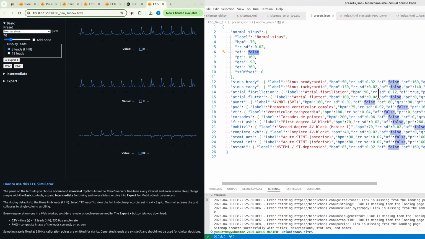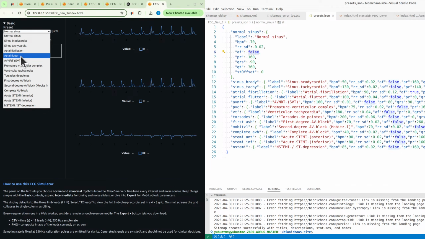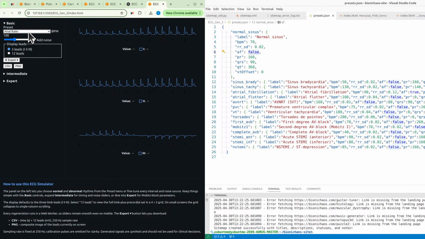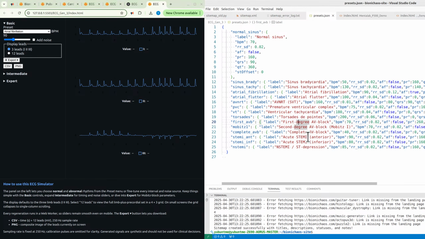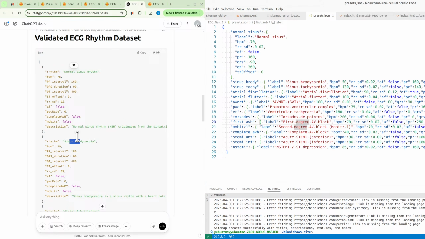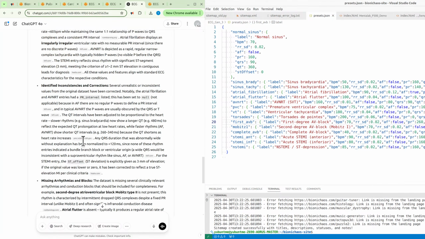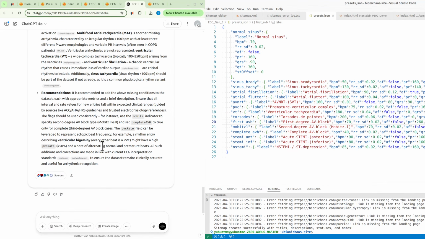Can we set the noise to be off? Yeah, so this would have essentially no P wave. I can't really say I'm an expert in this, even though we did this deep research.